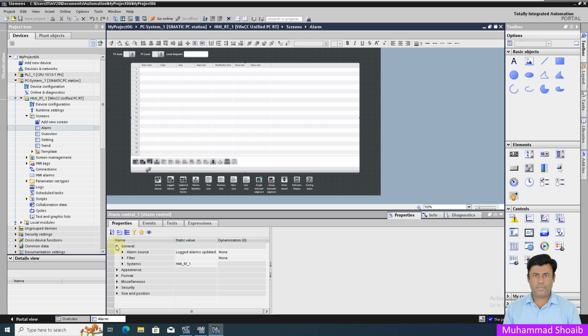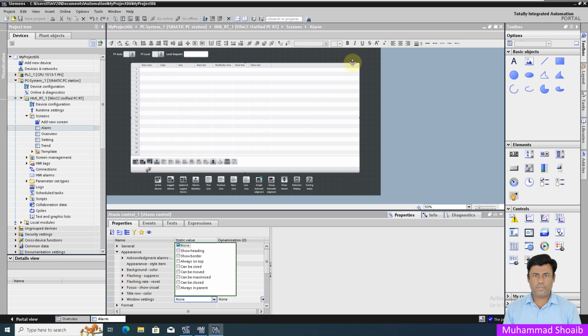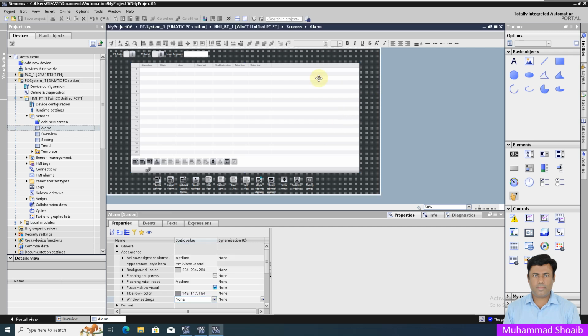First I came here in the parents option and Windows settings, on the top there were some close option and movable options coming. So I just selected none. In that case, in the header, the close option will disappear, and these options will be maximized, movable and resizable, and the close option will disappear from here. And after that,